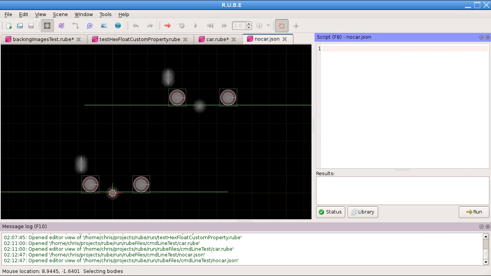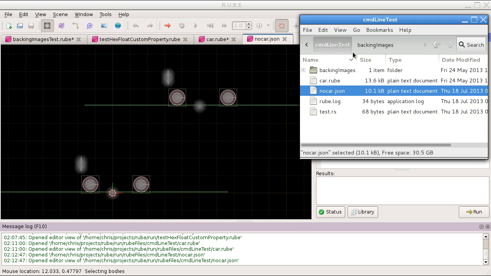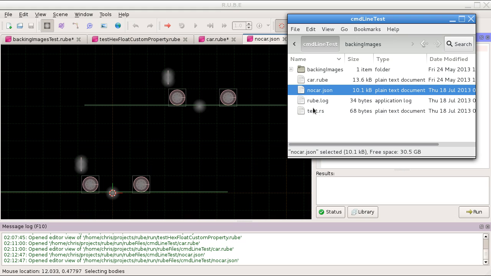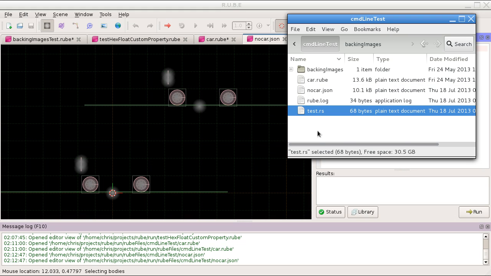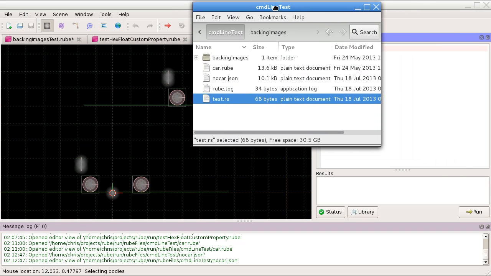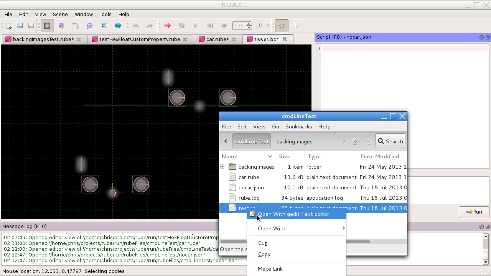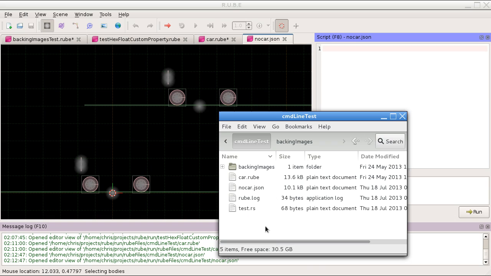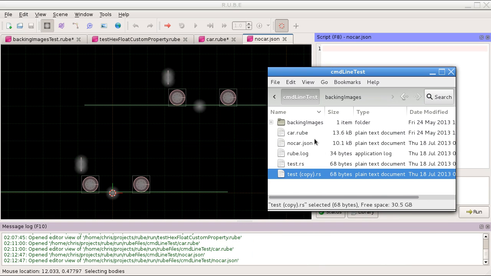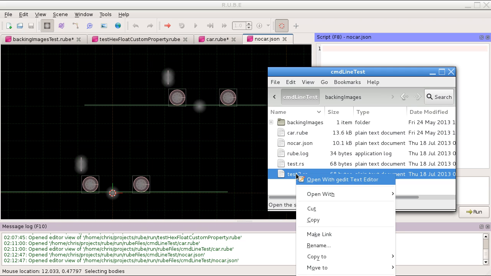I'll go back to this test.rs that we had, and this is not going to be such a great example, but I'll just copy and paste this file here, and I'll call it test2, and we'll edit this,